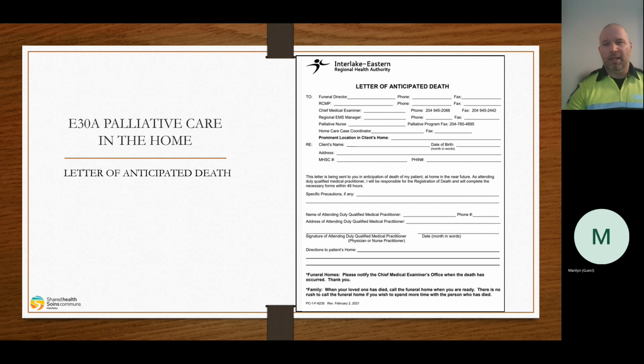But if they have that letter of anticipated death and the patient becomes deceased while we're on scene, we don't need to resuscitate. We don't need to call RCMP. We can just say we're sorry for your loss and give that emotional support to the family. But we really don't need to go any further than that. I personally have been on a couple of calls like this where the patient does have a letter of anticipated death and they just want us to